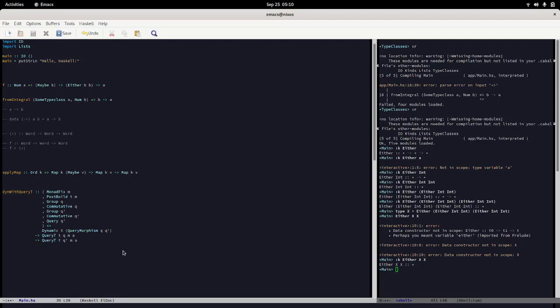Same with Group, which is just the same kind of deal as MonadFix in that it is just some constraint on Q. Commutative, same old, Group also on Q. Like I was saying, I guess we could even organize these like this. And that looks valid. And then, continuing on, same with the query Q prime. And the last kind of thing I'll say about this type signature, just in terms of really understanding it, is that,